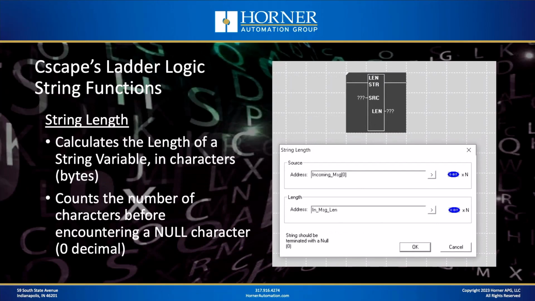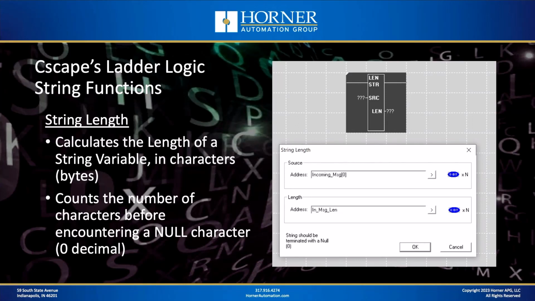And then the third function we're going to talk about that's built into Cscape, so this is not a user-defined function block, none of these first three are. This is the string length function. So this is very useful at taking an incoming string or maybe some data from, again, a barcode reader or something of the like, and checking to see what the length of that is in terms of the number of